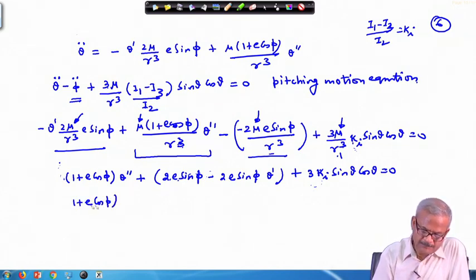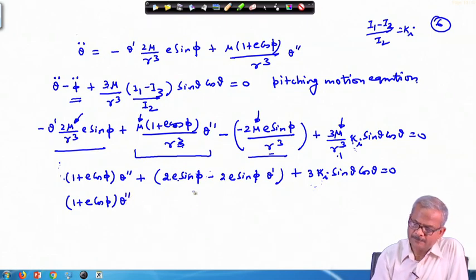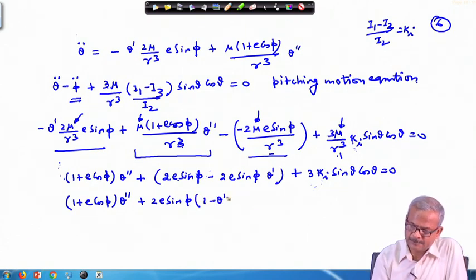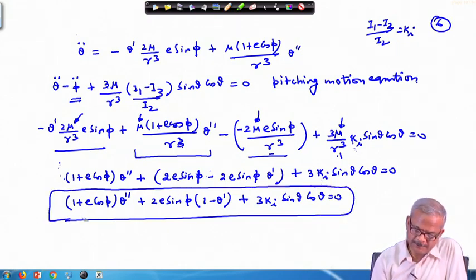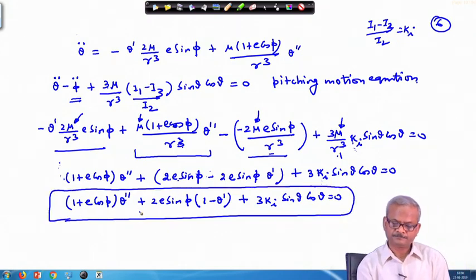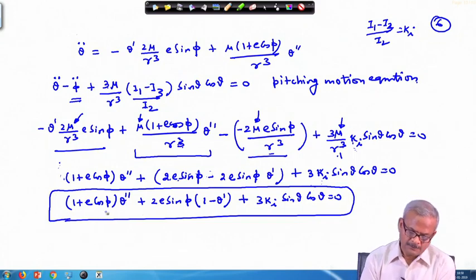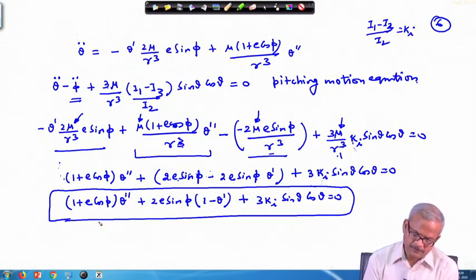E cos phi times theta double prime plus 2 E sin phi, it can be taken outside the bracket, 1 minus theta prime, plus 3 k I sin theta times cos theta equal to 0. As we can observe, this is a complicated equation. Now, under simplified condition this can be solved. Okay. So, if we assume